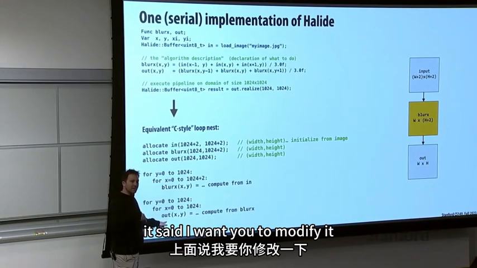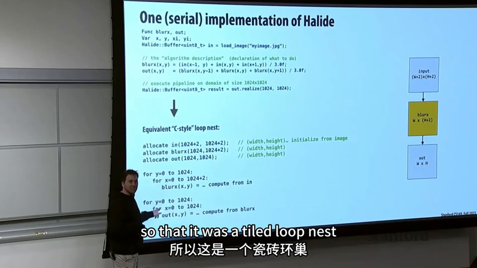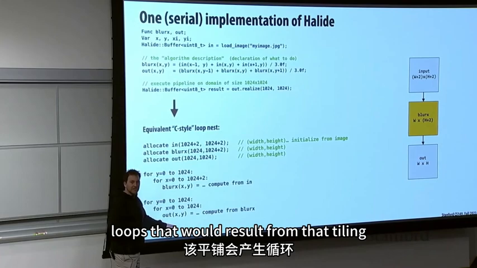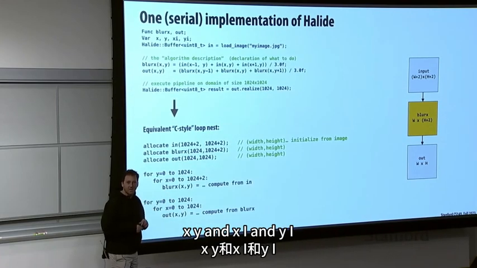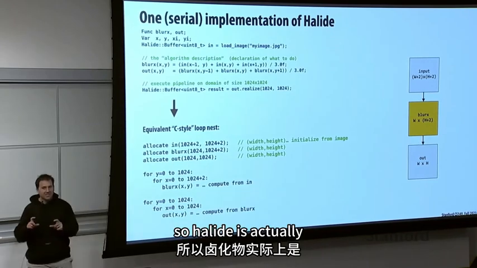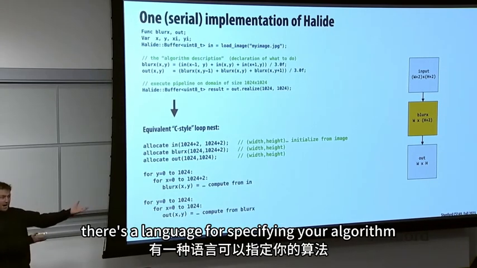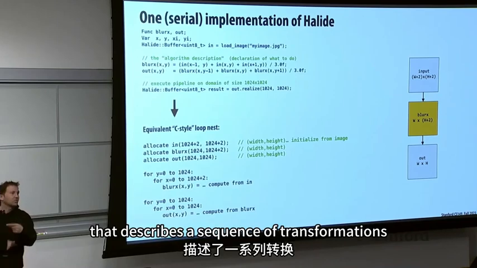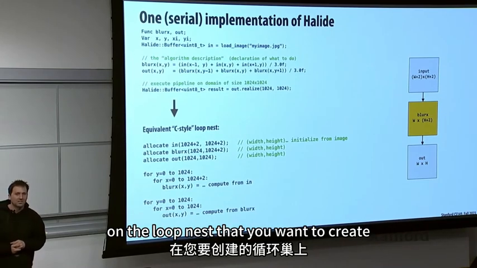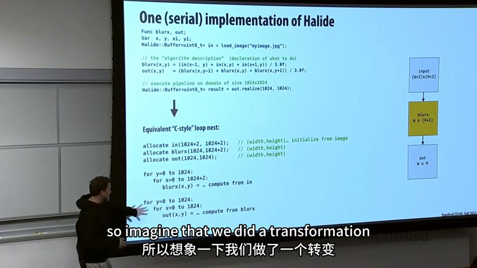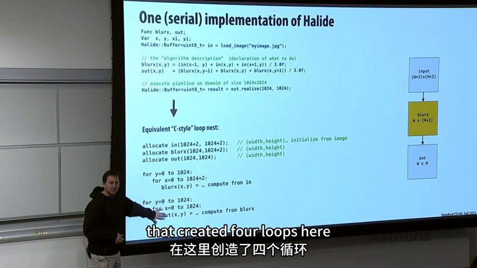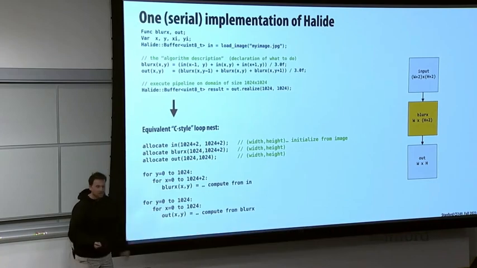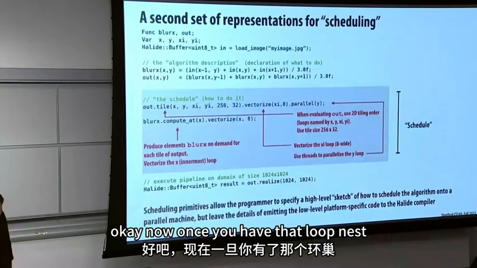It said, I want you to modify it so that it was a tiled loop nest, and I want you to call the 4 loops that would result from that tiling x, y, xi, and yi. So Halide is actually, there's a language for specifying your algorithm, and then there's a language that's imperative that describes a sequence of transformations on the loop nest that you want to create. So imagine that we did a transformation that created 4 loops here with an output that iterated over tiles of 256 by 32. Okay. Now, once you have that loop nest,